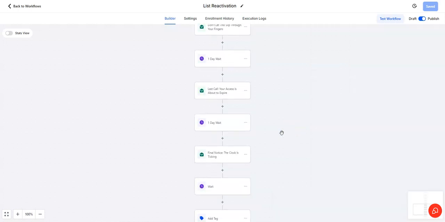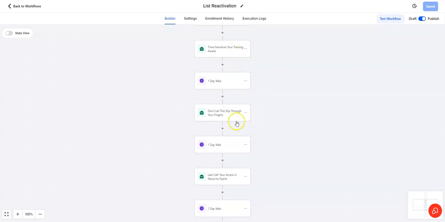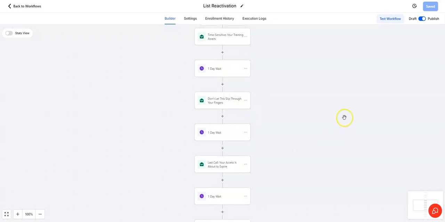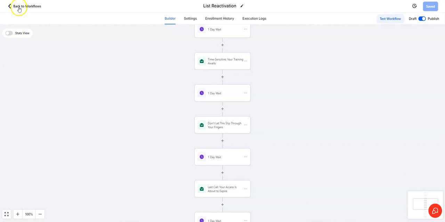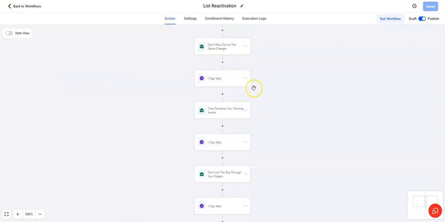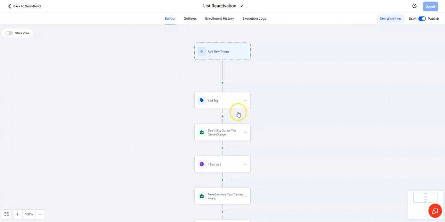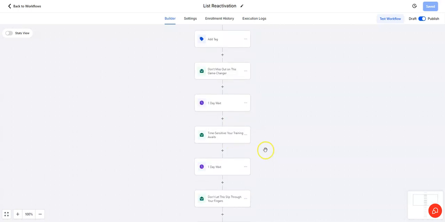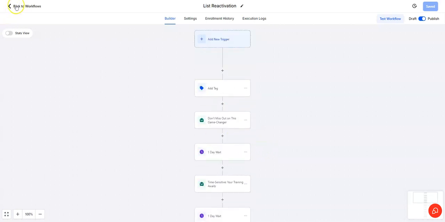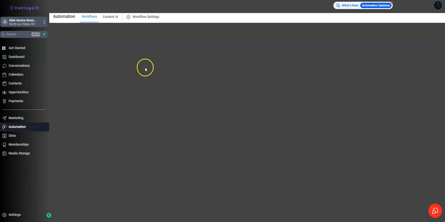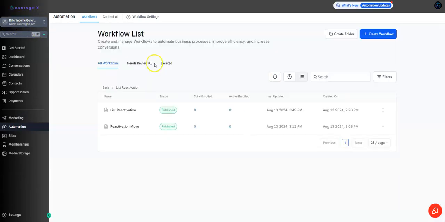If they did perform an action on any of these emails, then they didn't receive any of the subsequent emails. And I'll show you that in a second. So you're just going to add a tag to your list, and they're going to just start getting these emails, and we're going to drip it in slowly, because that's very important. Because if you did it all of them at the same time, you're going to kill your domains. So we're doing it slowly at the same time that you're adding opt-in leads and getting high value opens and